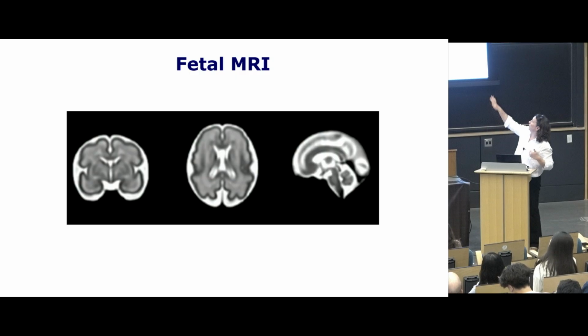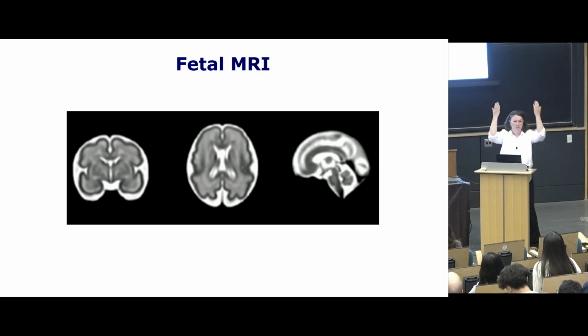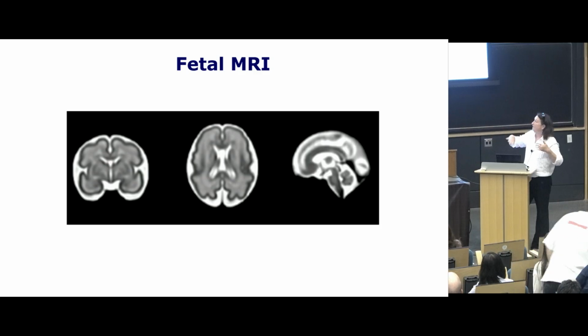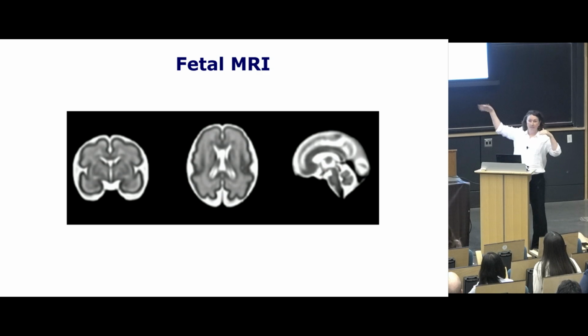And so if you want to see a fetal image whose cross sections look like that, to orient you, the leftmost one is a cross section like that, and it looks like a blurry version of an adult scan with much less gyration. For those of you who have seen those, the middle one is an axial slice, so it's a cross section like that. And here, the fetus is looking to that side of the room.